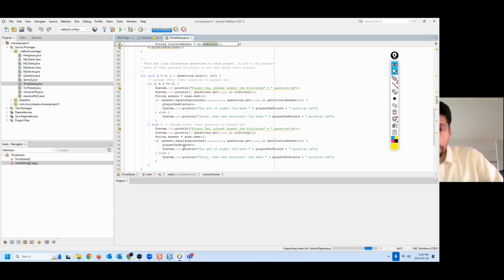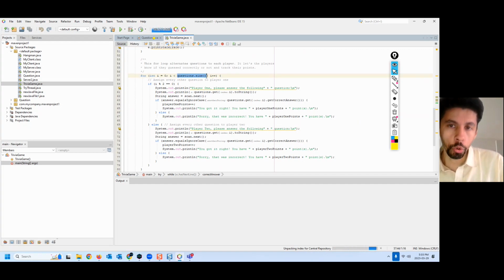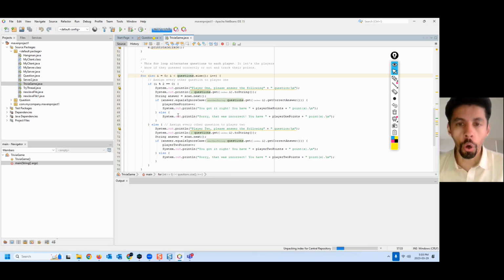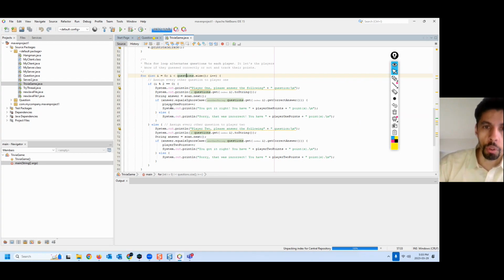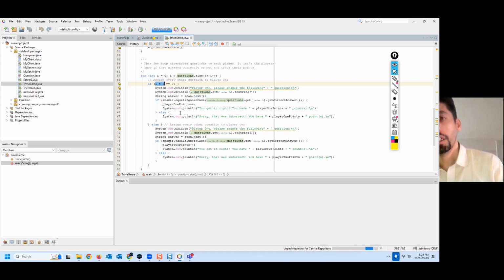Because of the time shortage, I will not be able to explain this part, but basically when all the questions are read, the size of the whole ArrayList will be 10 questions. That is why I'm using question.size. The even questions will go to player number 1, and the odd questions will go to player number 2. The way the logic is developed,